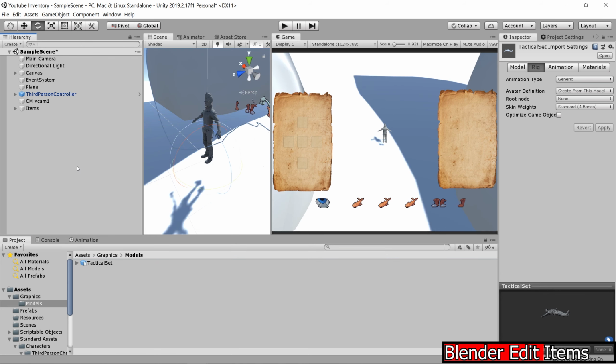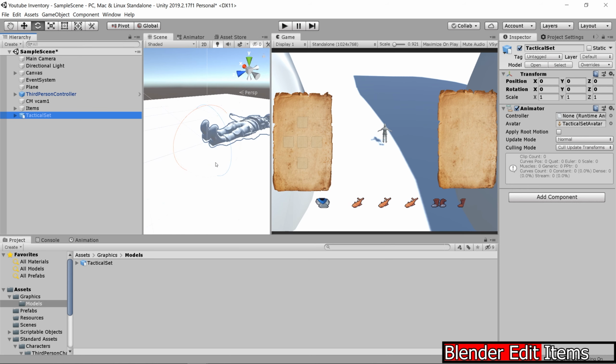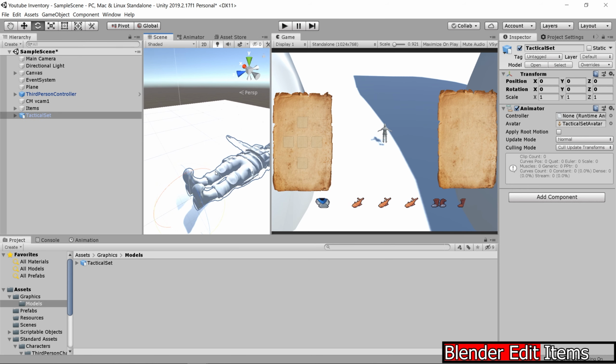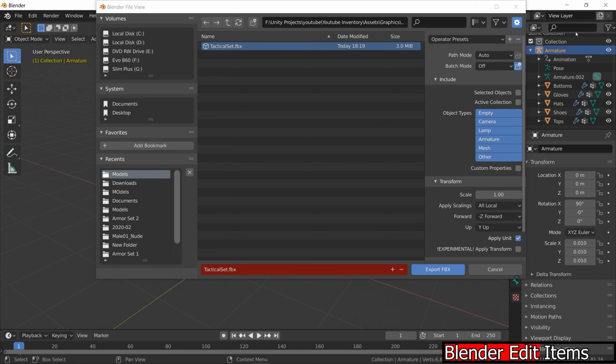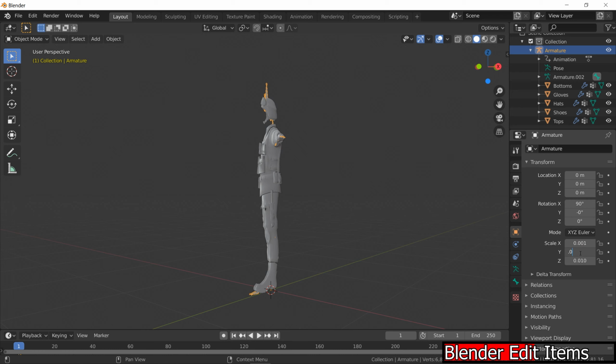If you drag and drop it into Unity, it is massively ginormous and laying on his back. So let's go fix that inside of Blender. Alright, so we'll go back into Blender, and we're going to click on our armature, and we're going to change our scale to 0.001, 0.001, 0.001,